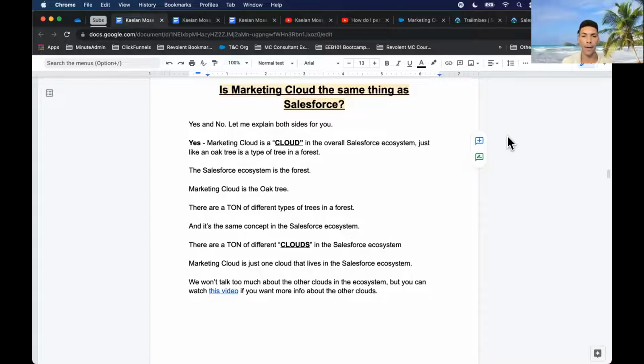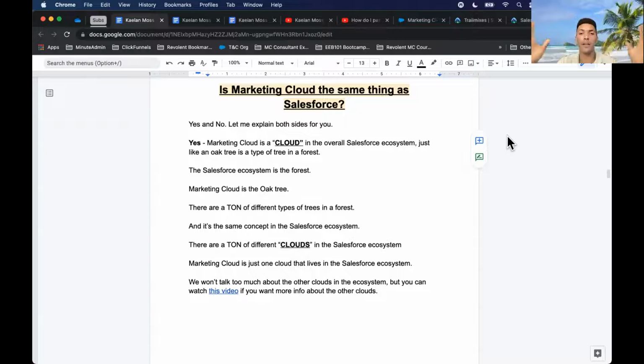You can get those two certifications first, because it is a completely different cloud than Sales Cloud. So you've got Sales Cloud, Service Cloud, Commerce Cloud, Pardot, CPQ, Financial Services Cloud, Field Service Lightning, and Marketing Cloud.